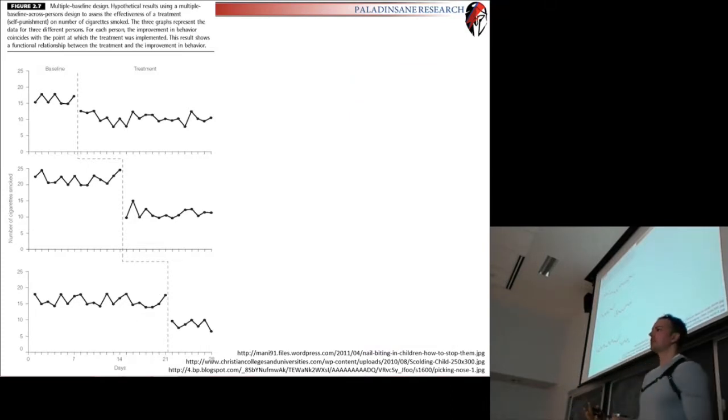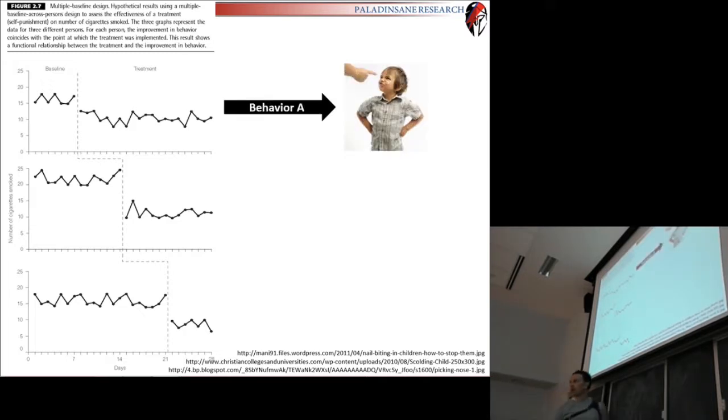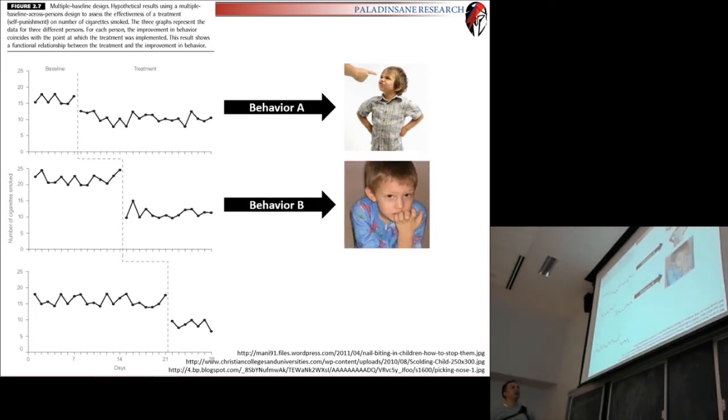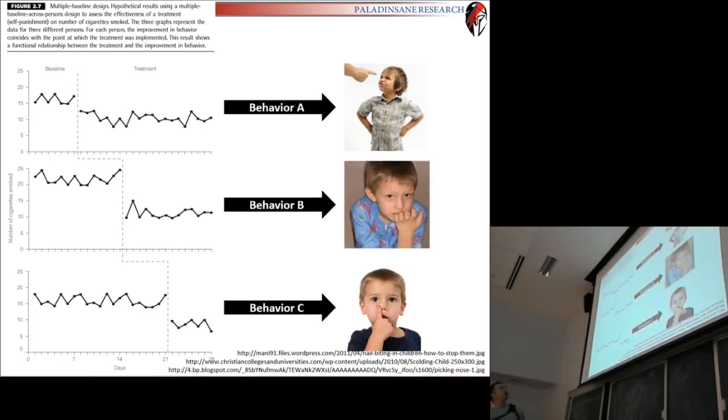And this, again, takes advantage of the fact that usually people have multiple behaviors that they might want to change. So if you're a developmental psychologist and a parent brings in a child, and the parent says, you know, my child needs to learn some self-control, they probably need to develop self-control across a lot of behaviors. So you might say, all right, first thing we're going to do is we're going to stop the faces, right? So first thing we're going to treat is the faces. So maybe you tell the parent, put them in timeout for 3 minutes every single time they make a face, but you leave the nail biting alone and you leave the nose picking alone, and you track how much face making, how much nose picking, how much